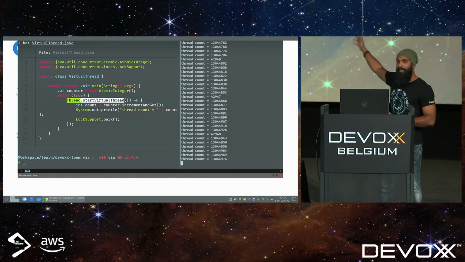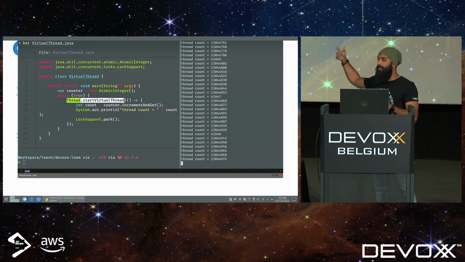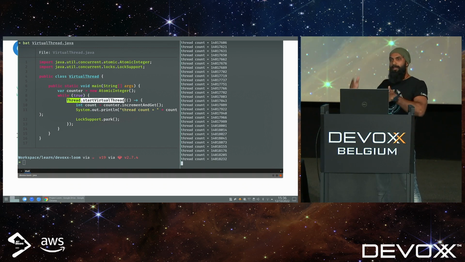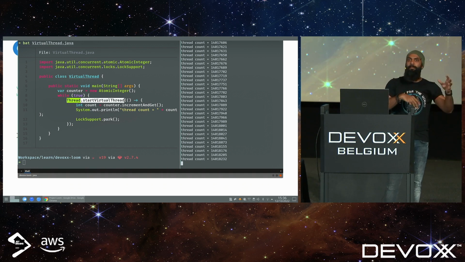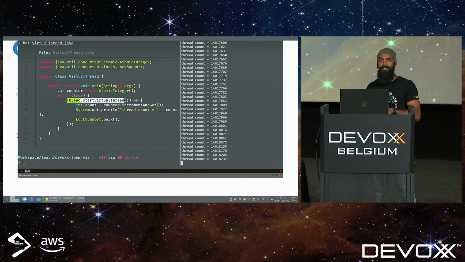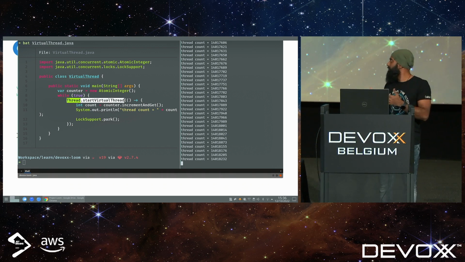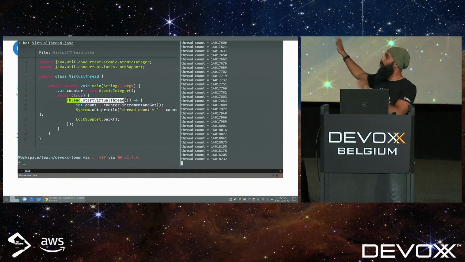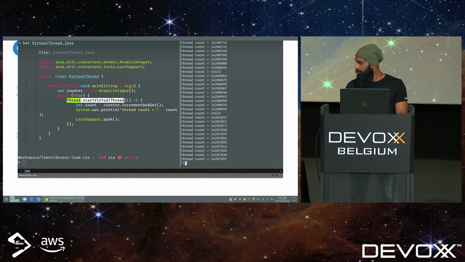I think 13 million or something, and it slowed down because, even this also uses a little bit of memory, but way less memory than platform threads, but still is using memory. So it's going to wait for GC to kick in, free some memory, but it's going to keep going. It's not going to crash on you. The scheduler will wait for memory to be available, and once there are resources available, it's going to keep on scheduling. So this is not going to crash. This will keep going. So I'm going to shut it down.